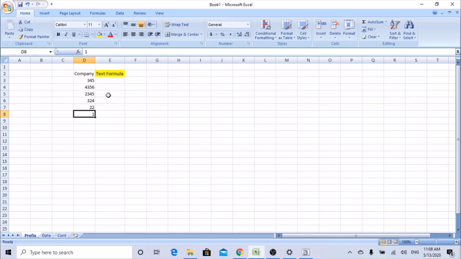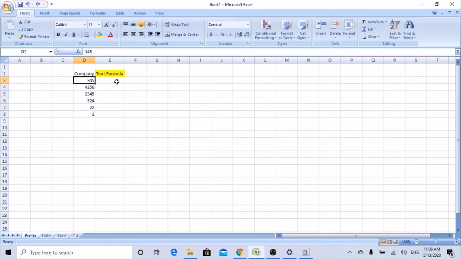So what we are trying to do is add a 0 prior to the number. Let's try adding it manually. See, now it is not taking. The other option is to add a single quote and then add a 0. Now it takes. The problem is, if you have only 6 to 7 lines or 10 lines maximum, we can do it manually. If you have data around 1000 lines, then it is difficult to add manually. For that reason, we can use a text formula to add the zeros.